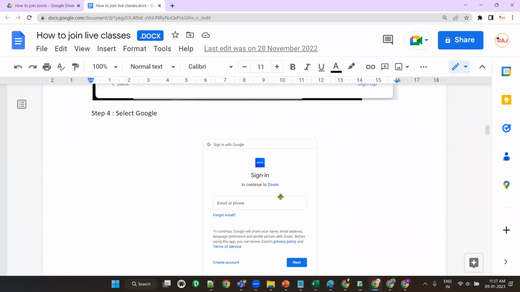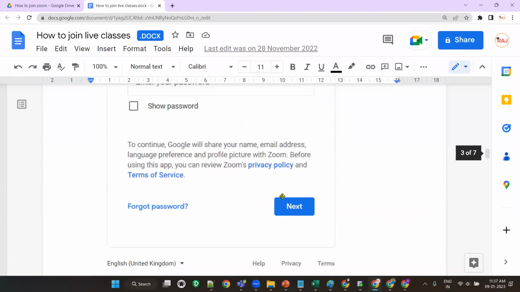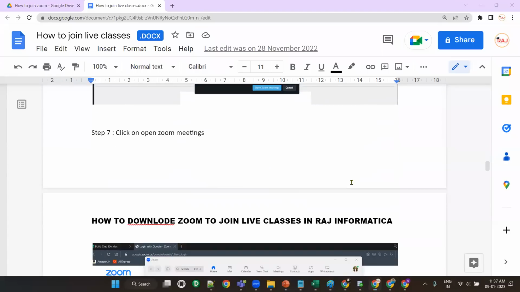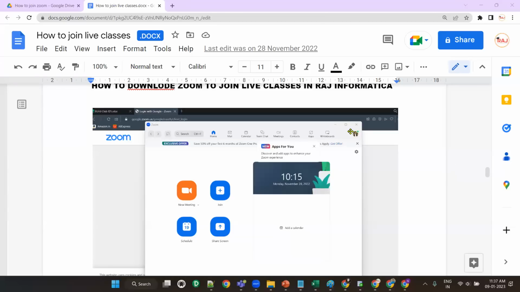Give your Gmail ID here. Don't give any other Gmail ID. Use your registered Gmail ID. After that, change your profile name. A letter will be there, A, B, C, D, or like that. Change your profile name, or you can change your picture also. And after that, click on join,